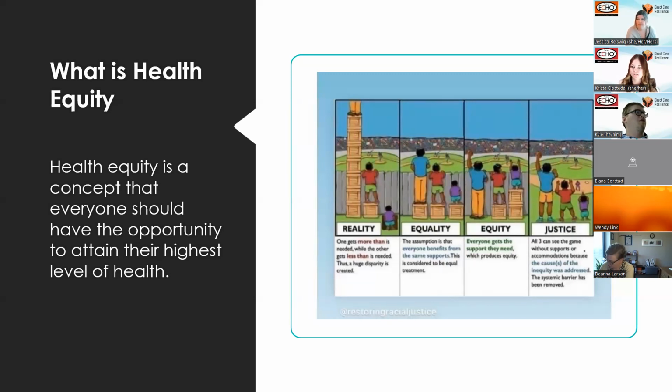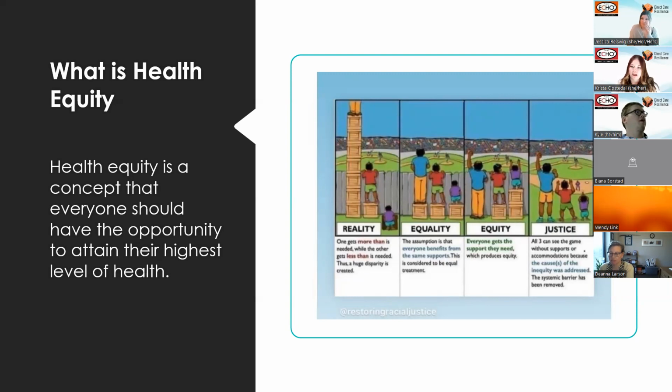And I think that this image does a really great job at explaining the differences between equality and equity. So as you can see on the far left-hand panel, the reality is that some groups get way more resources than what they need to view this hypothetical ball game, while others get less support, and some people are facing even more barriers to see that game than their peers because they're viewing it from a pit behind a fence. So equality is this assumption that everyone benefits from the same supports. But as we can see here in this image, that equal treatment doesn't lead to better outcomes because there's still people that can't see the game.